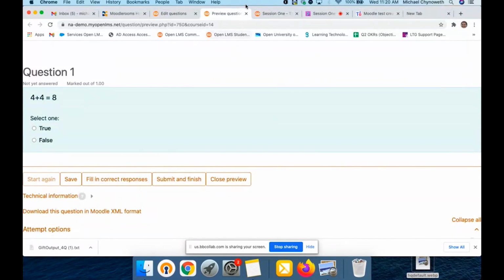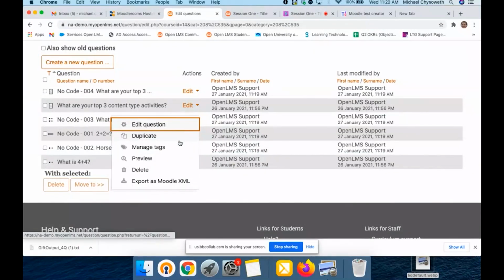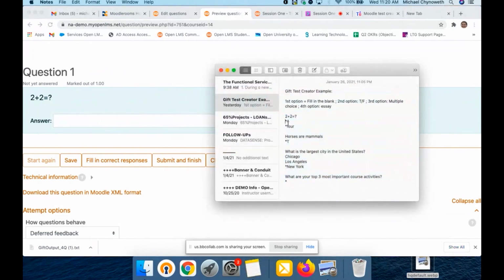Oh, and I might have, actually, let me see here. I'm sorry, that was one that was already in there. The other one was 2 plus 2 equals, and that's a short answer, which can either be the number 4 or the letter 4, as I put in here. So number 4, or I said the letter 4, written out. So